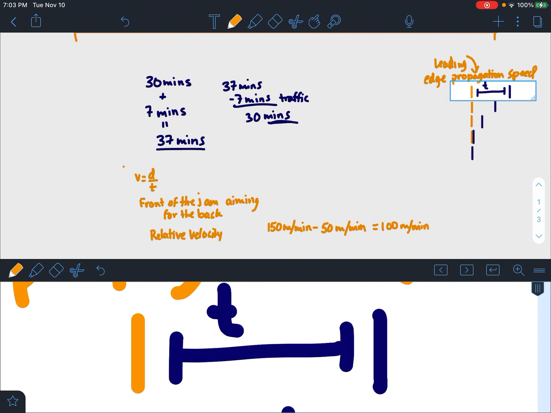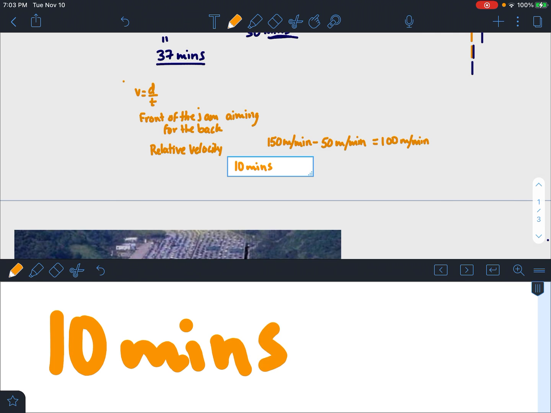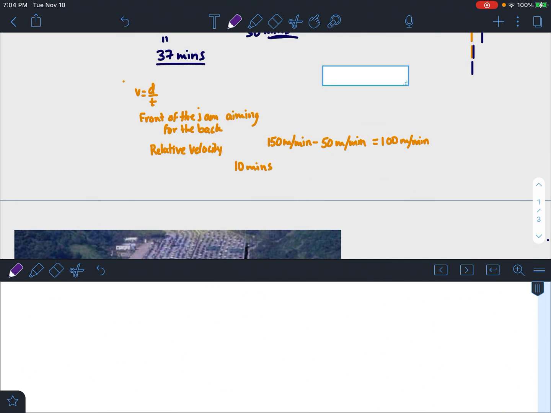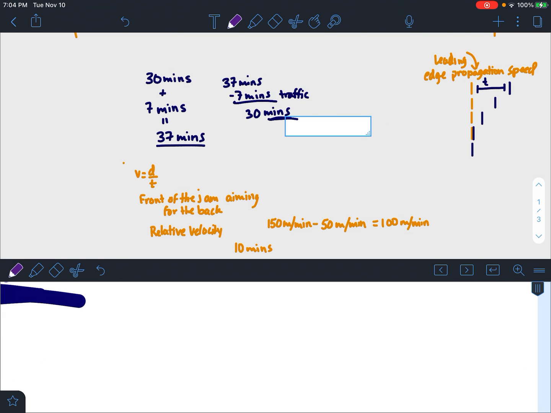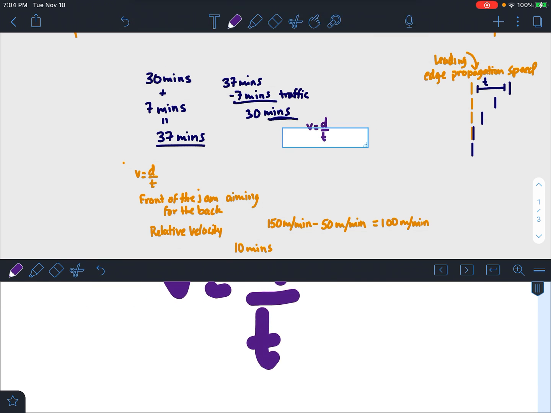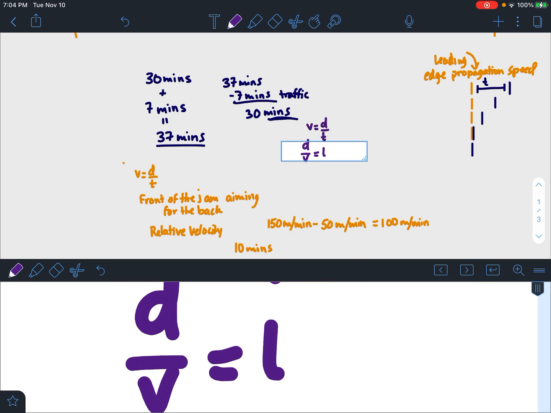And let's say we wanted to use the time for the jam to dissipate, right? So the time for the jam to dissipate is going to be 10 minutes. And why is it 10 minutes? Let's use purple for it. We want to use that equation, V equals D over T. Basically, we get D over V is equal to T. And when we do that,